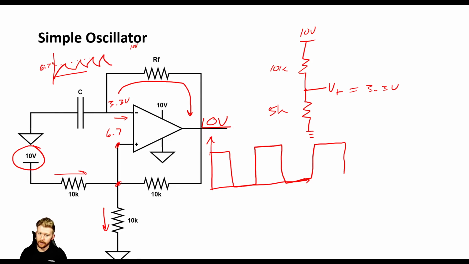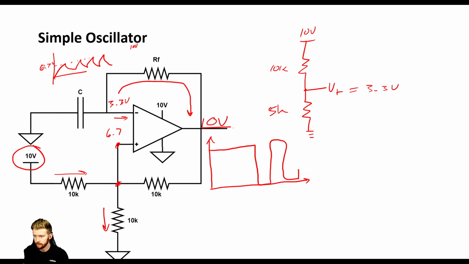Now in the very beginning, we did have this initial charge time that we first have to charge that capacitor. It takes a little bit longer time, so maybe our output waveform looks a little bit more like this. So we start off with a little bit longer time to charge, and then we start doing charge and discharge periodically like this. Okay? So this is a really, really simple oscillator that you can make with just an op amp